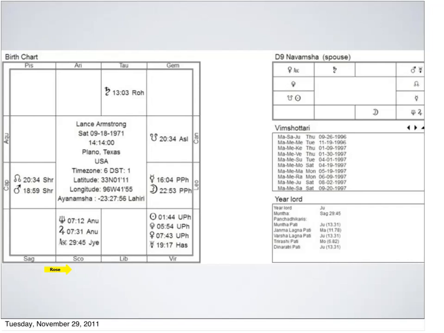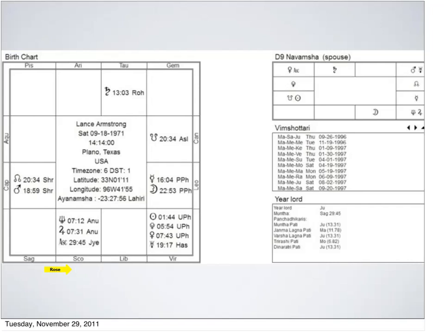In this case, we're looking at a world champion cyclist. So it fits very much with the chart here, of course, because we're learning more information about him. So Mars being the planet that deals with accidents, it deals with blood, it deals with